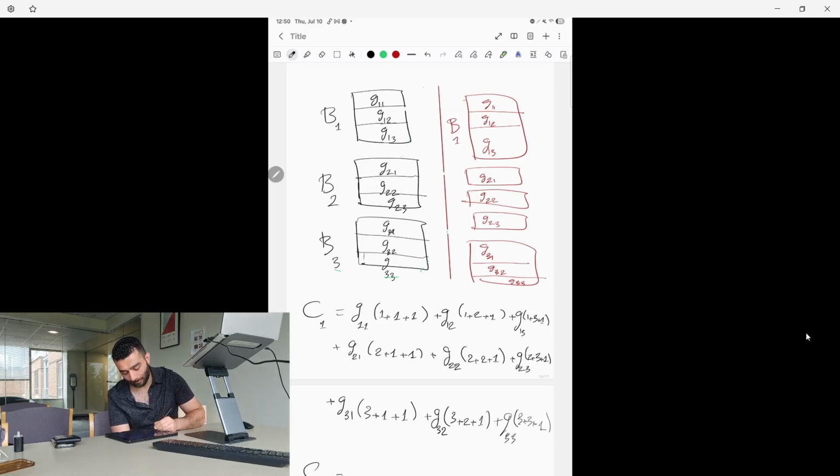Plus 1 for the layer, plus G3 2, it will be number 5 again, plus 2 plus 1 for the layer, plus G3 3, 5 plus 3 plus 1 for the layer. So now